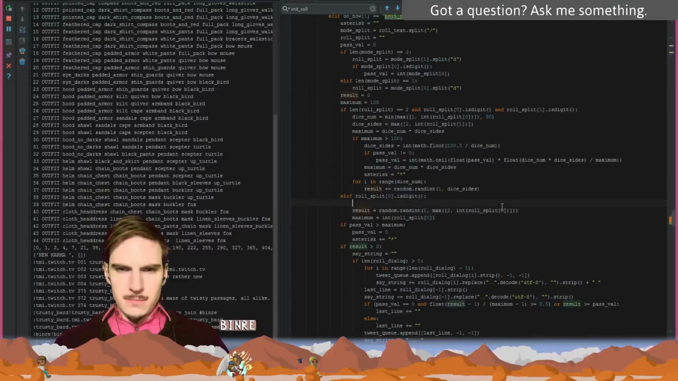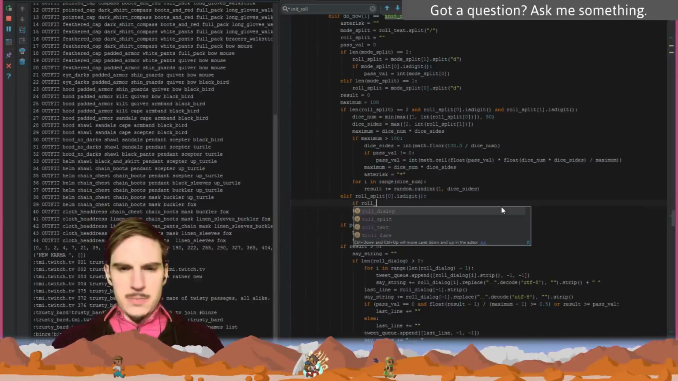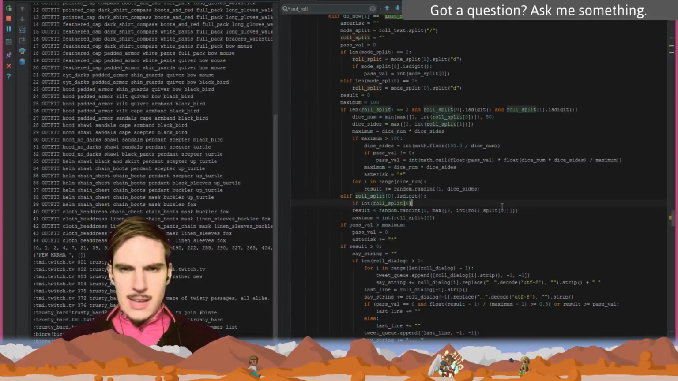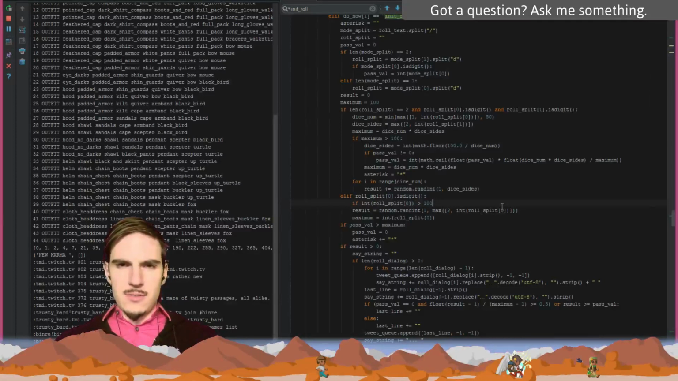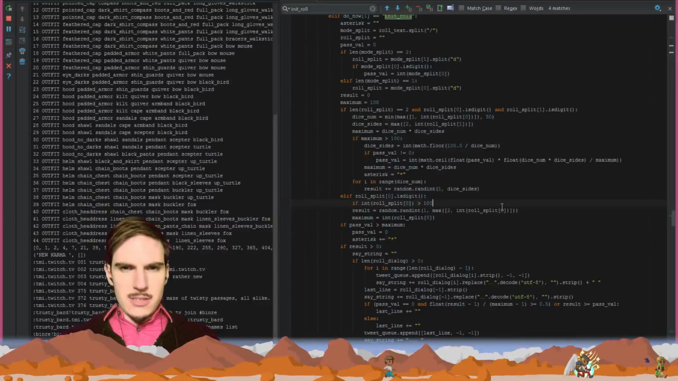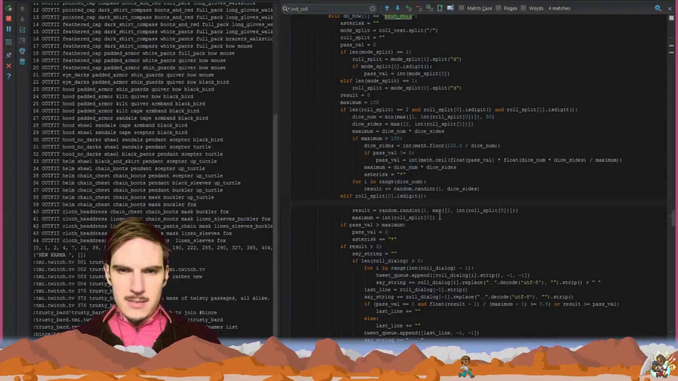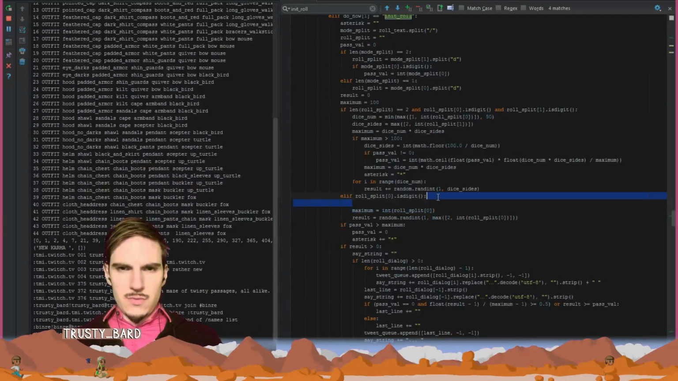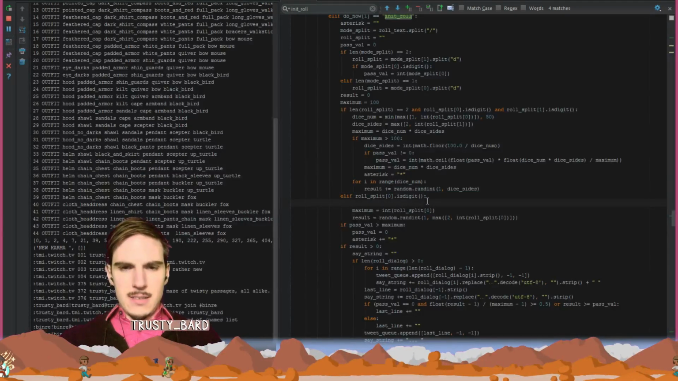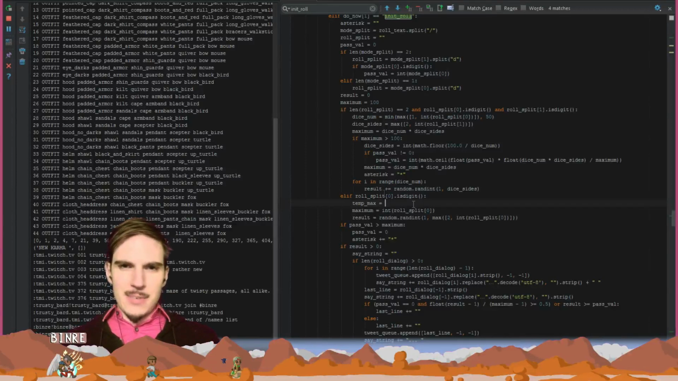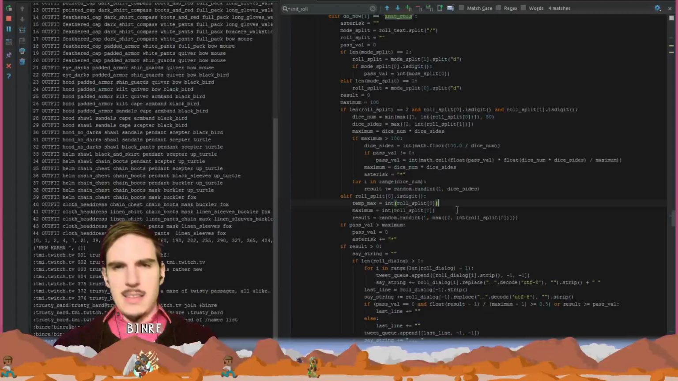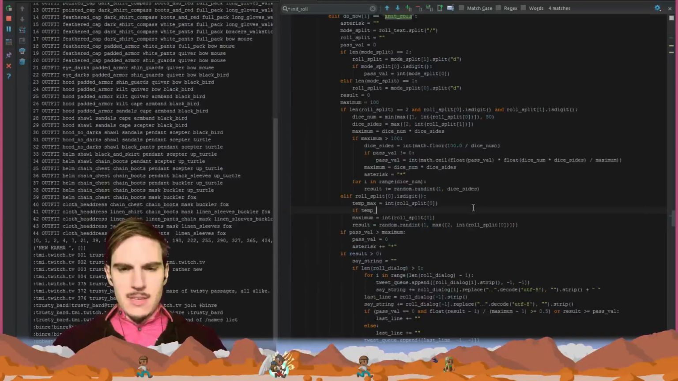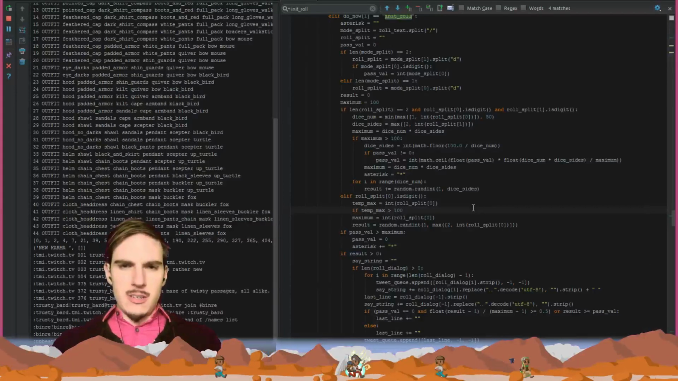So if the integer equivalent of roll split 0 is greater than 100... oh yeah, wait, we're just doing this in the wrong order. All right, so I'll say temp max equals int roll split, blah blah whatever. Then if temp max is greater than 100, then